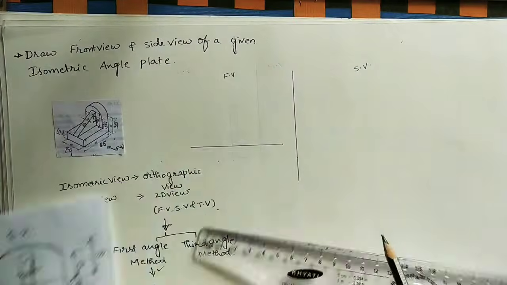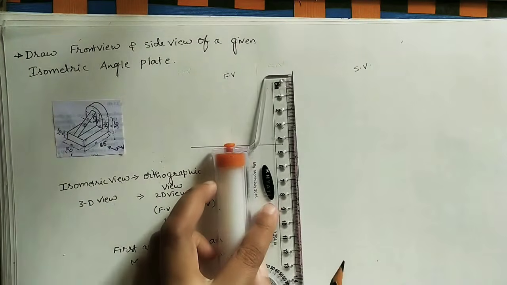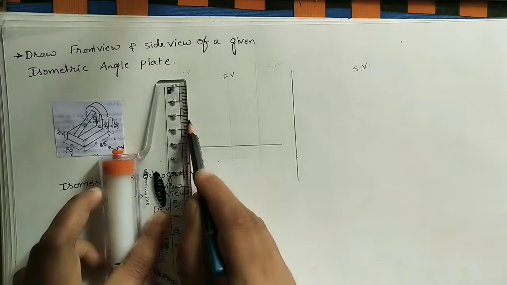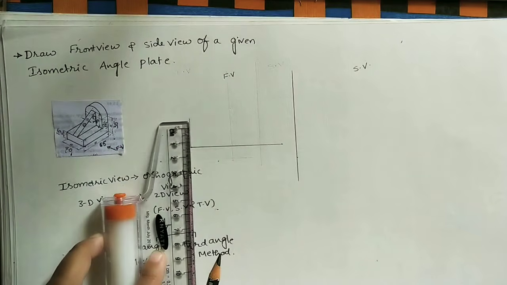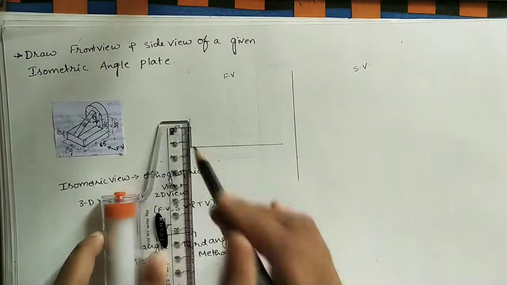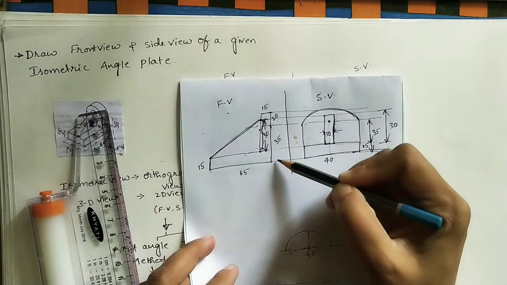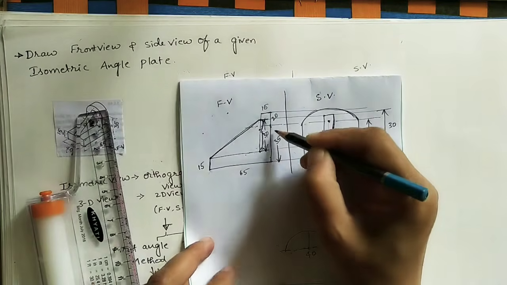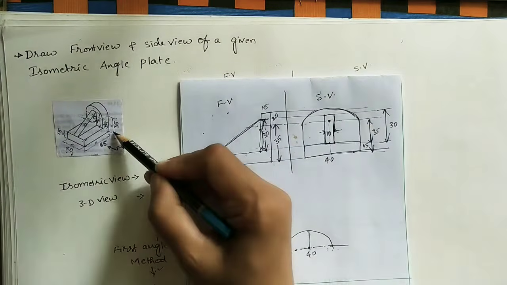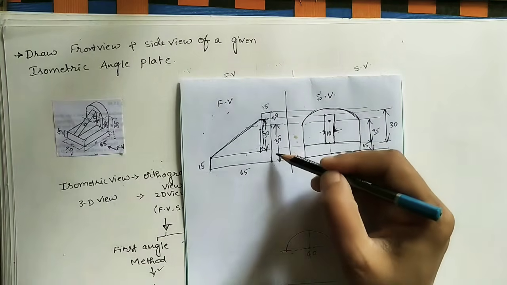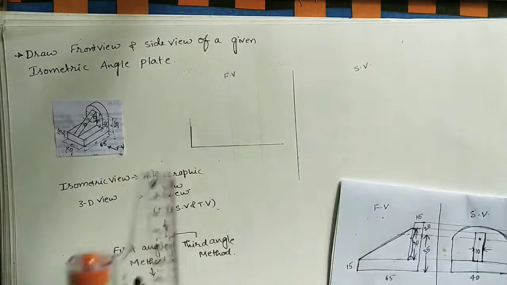15 mm. Take this as the reference line. Here draw one vertical line of some length. On it take 1.5 centimeter. Now after that, take this entire height. How much is it? This height is 35, it is given. Up to the center, 35 plus 20. So the total is 55 mm height. So here take 55 mm height.